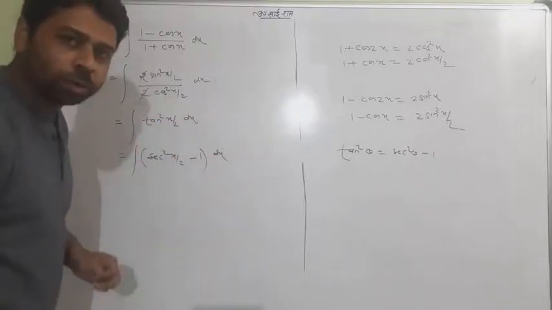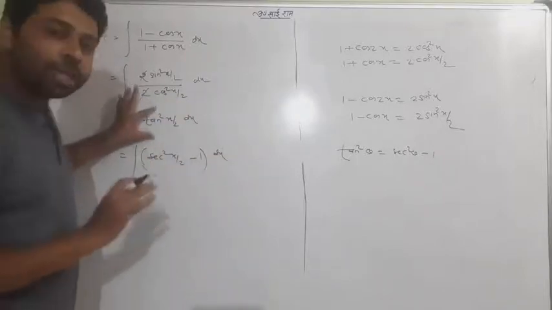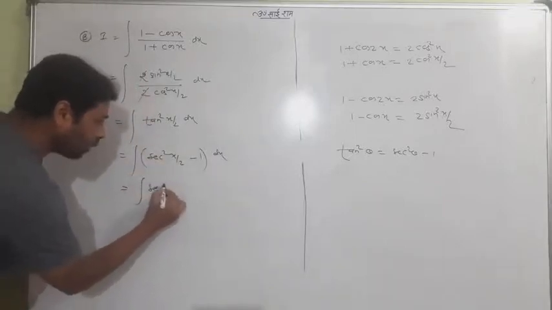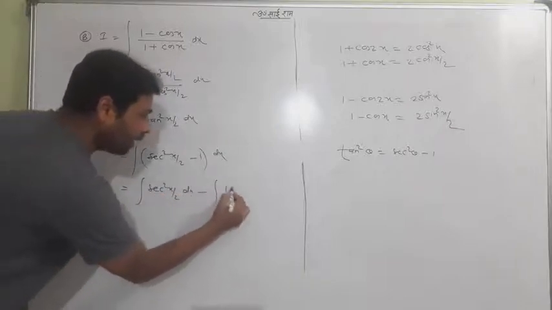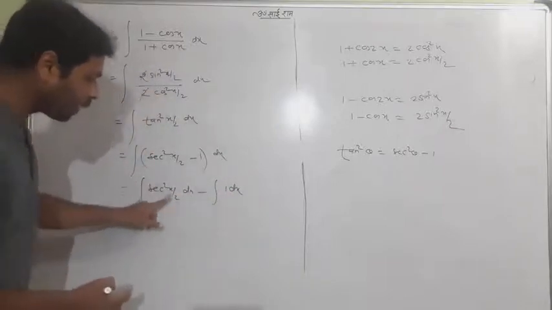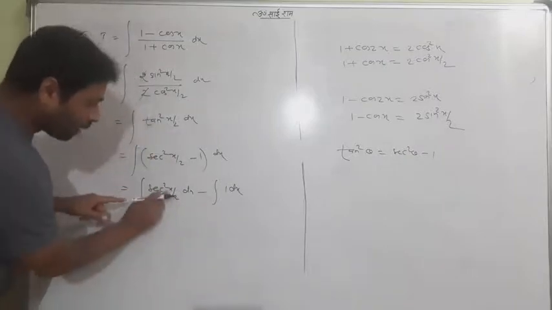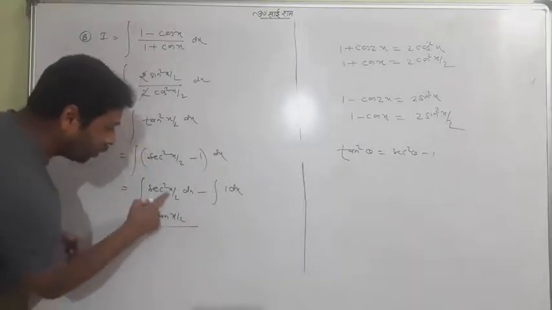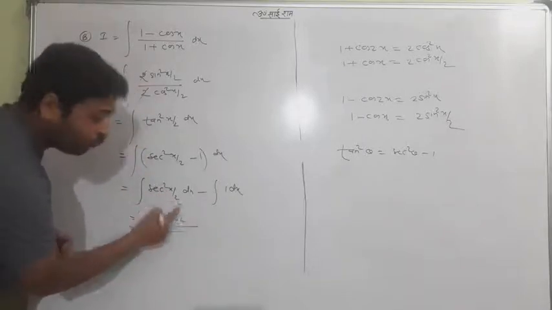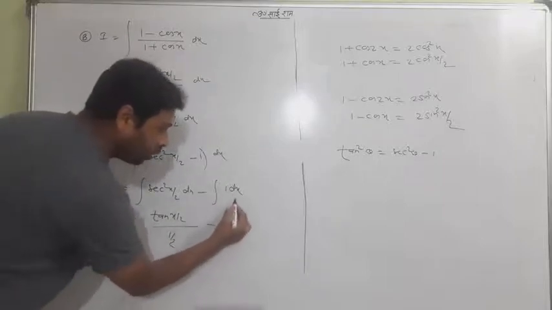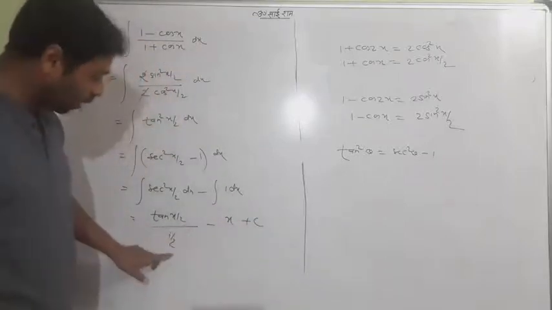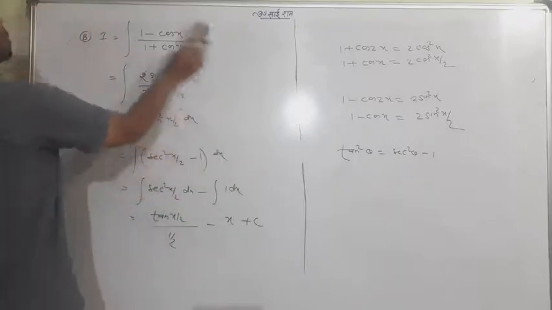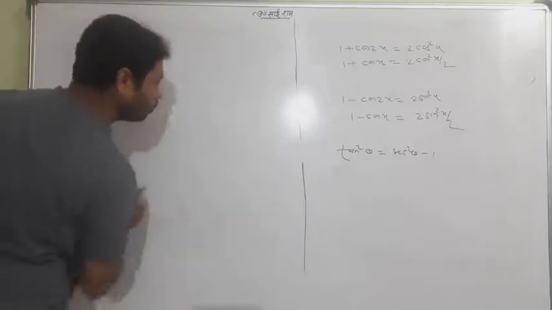It is necessary, students. You have to remember. We don't have any other method other than that. So please do this. Okay, now we have 2 functions. It's sec square x by 2 dx and 1 dx. You remember that sec square x has the integration tan x. So it is the same with x by 2. It's a linear form, so it is again tan x by 2. But the coefficient of x is 1 by 2, so 1 by 2 will be coming here. And the integration of 1 is x, plus c. And that's the answer. You can transfer the 2 to the numerator side. It will be the whole answer. Hope you have got this problem. Do this now on your own.